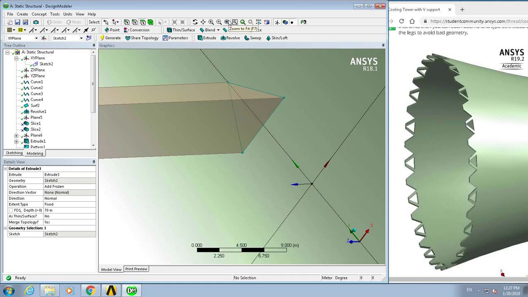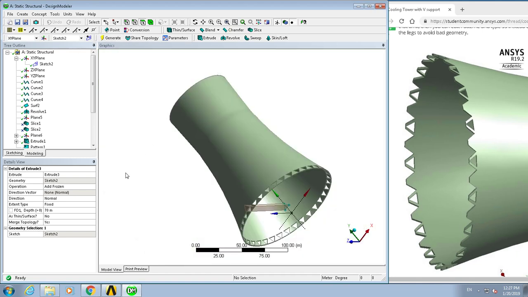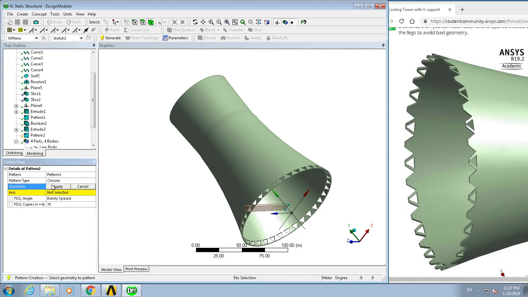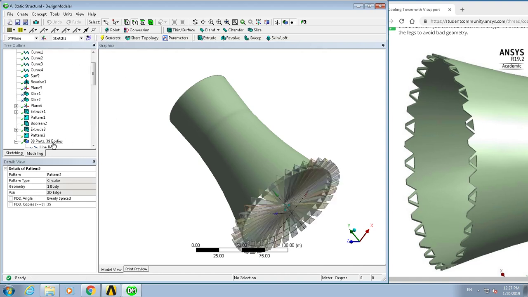Where's the zoom out button? There we go, zoom to fit. So another pattern. Select the geometry, a solid body is the filter selected, it's this body, apply the axis, it's this axis, apply, and generate. Then the